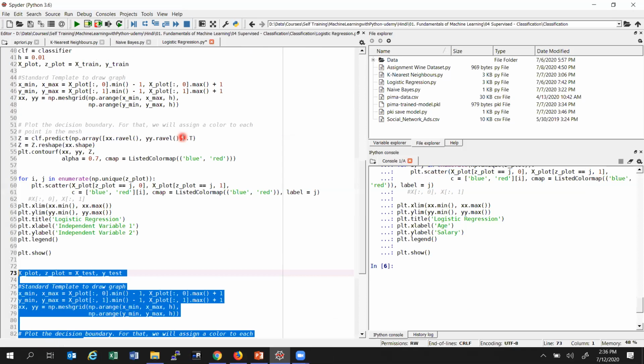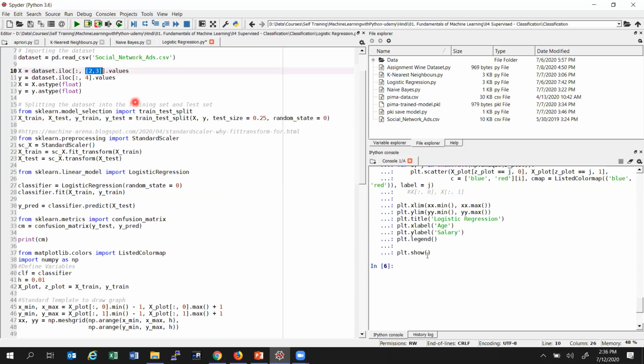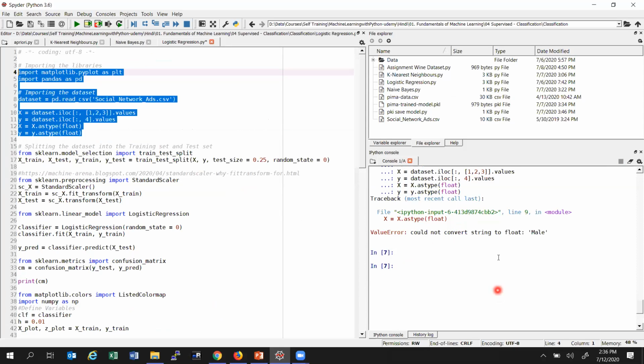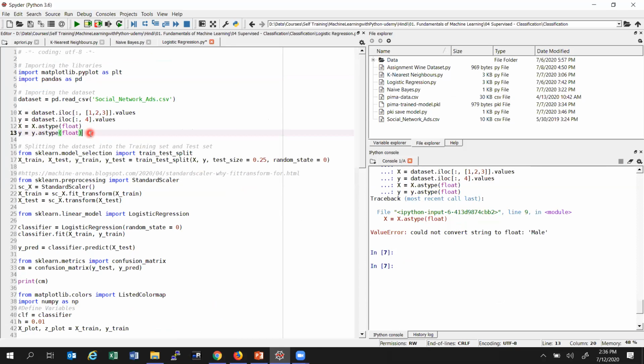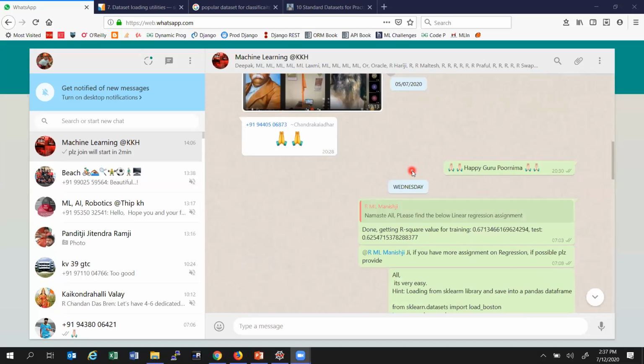Now one thing more here. What we saw is that we took 2 readings and we got an accuracy of 89%. Now I will include one more column. Let's execute this first. Okay, I need to first convert it. I think last time I put that code also.